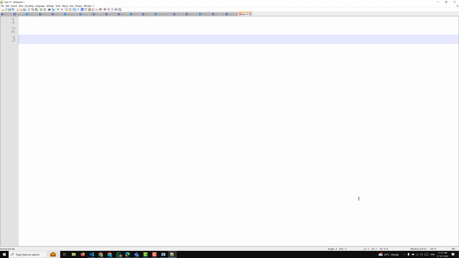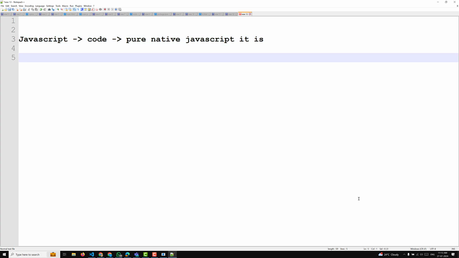Because of that, JavaScript, if you want to write the code in pure native JavaScript, it is difficult. If you want to develop a complex application, you will have so much boilerplate code that should be written. It will be time consuming and also hard for developers to implement and debug the code. In order to overcome this, JavaScript is a pure language,